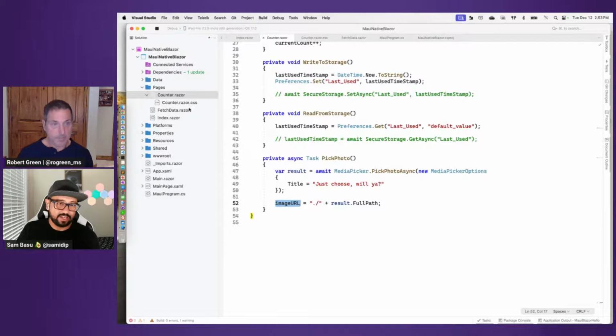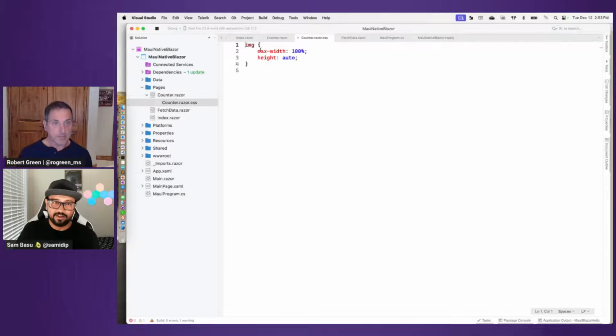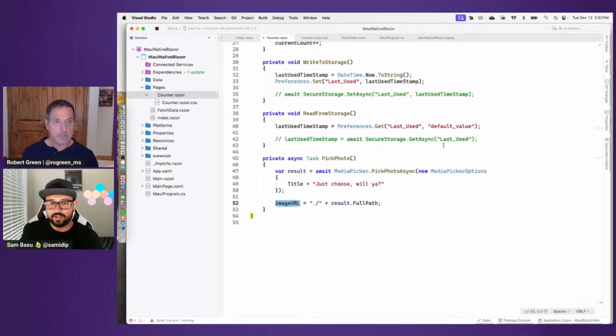And just for the kicks, there is also a little bit of CSS here. That's an image CSS, just kind of centering the image. So right in here, so Blazor, your Sass, your CSS, your JavaScript, everything is welcome. And it all just works. You can also have easy file system access.